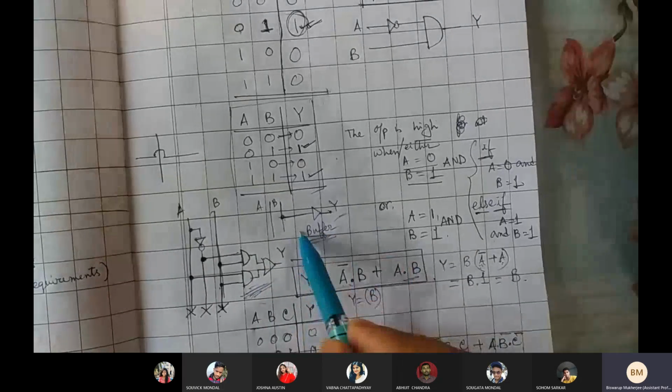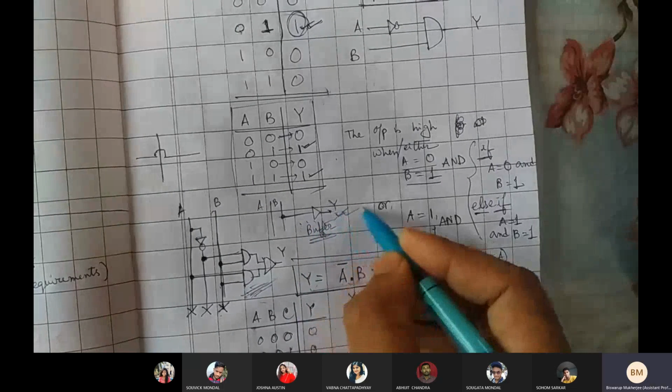This is cheap, the cost is low, and that one costs more. Also, if you put these gates and wires on a Vero board, or even on a PCB, this circuit will consume greater area compared to this one. This one doesn't need any real area, it's a very small area, so the area consideration is also better. Area consumption is also better for this one, right?